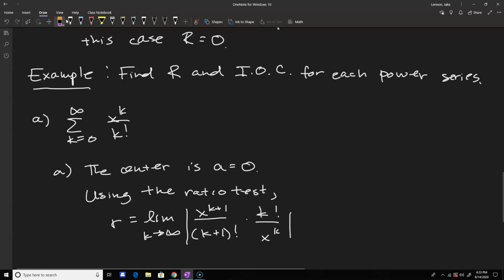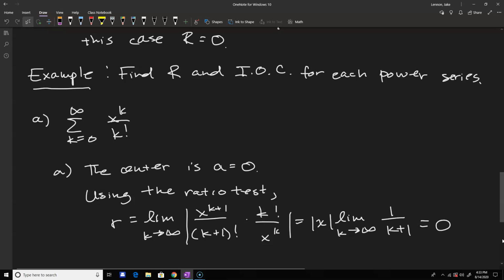This is going to equal the absolute value of x. Again, the limit only involves k, so we can take that absolute value of x out. And this will be the limit as k goes to infinity of 1 over k plus 1. The k factorials cancel out, and you just have that extra term in the bottom. So in this case, that limit's going to 0, so we see that the interval of convergence